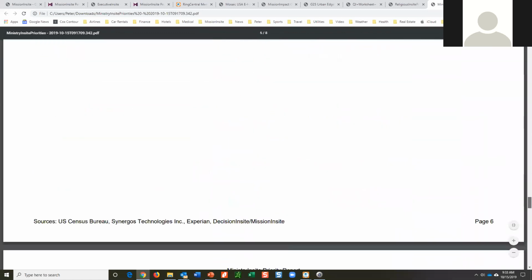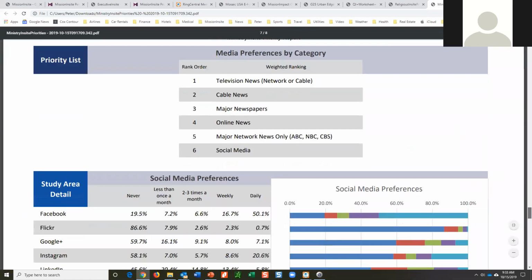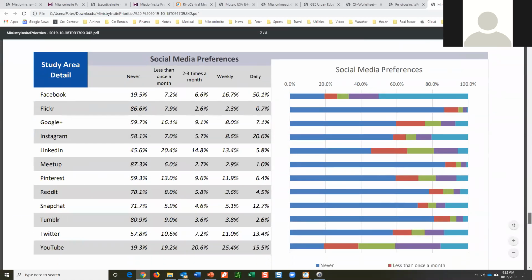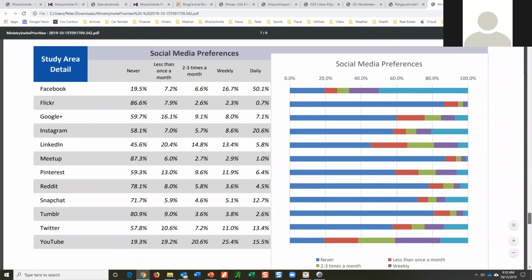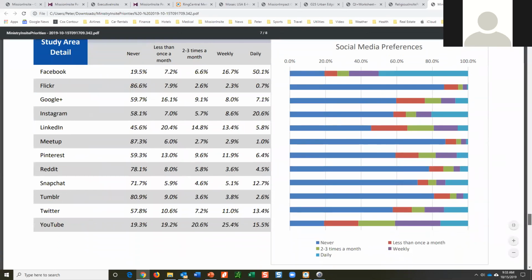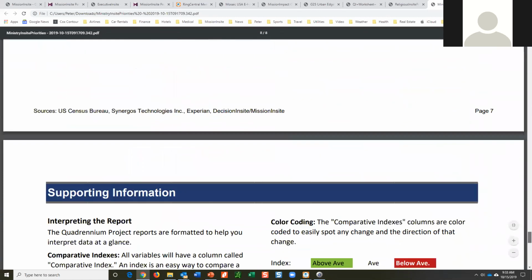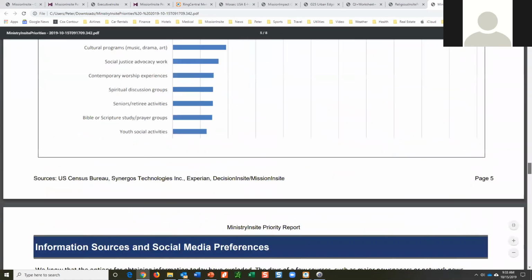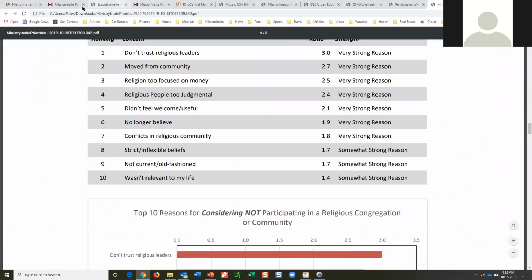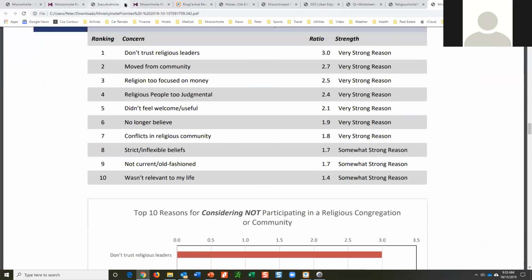So again, that level of information, and then getting a little better handle on social media. Of course, this keeps changing, but again, trying to give a benchmark to this kind of activity. And then the support. So those are the basic reports that are available to you.